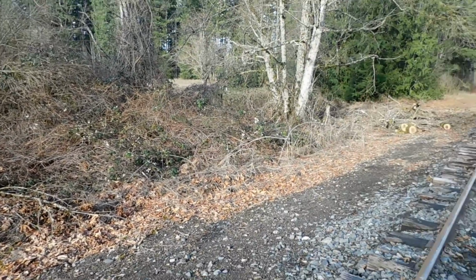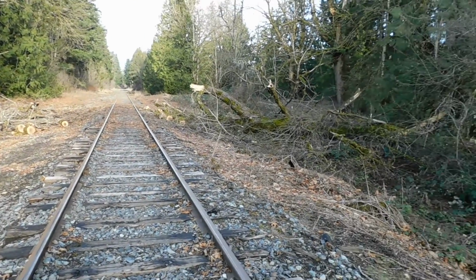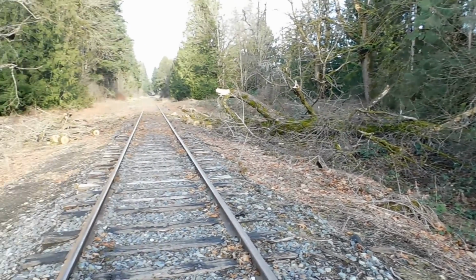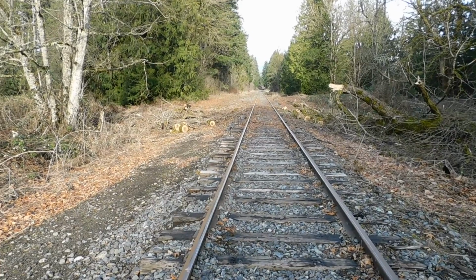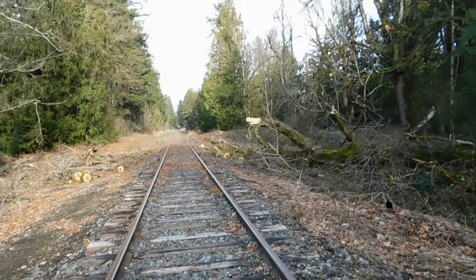We're going to turn around. There was a tree that fell across the tracks. So you can see that. It was a big tree. Now somewhere in this area there was a crossing here 100 years ago. So here we go. So we just left